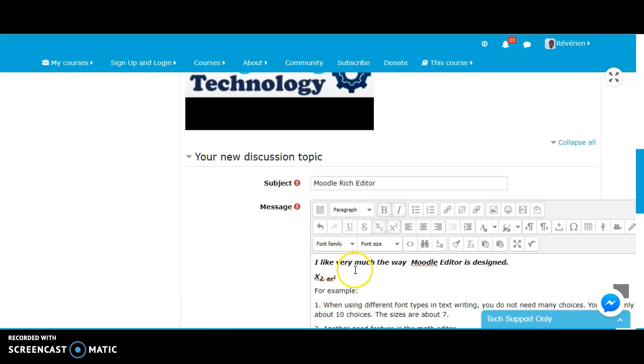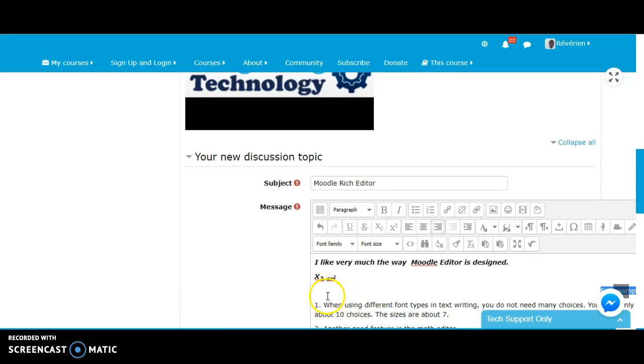We have another feature here. You can align what you have written like this. You can align it left. You can center that one, or you can put it at the right, yes, this is the right alignment.